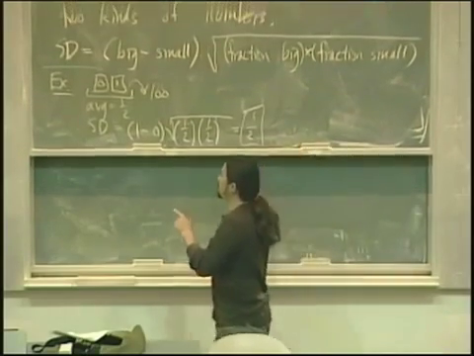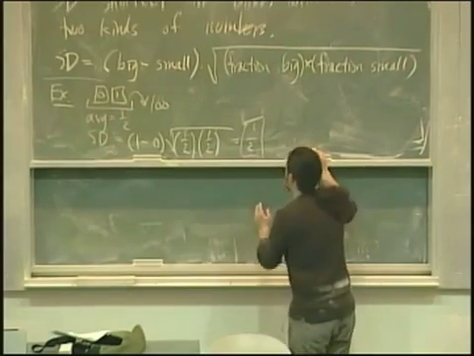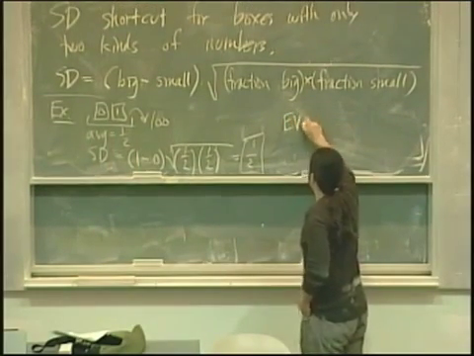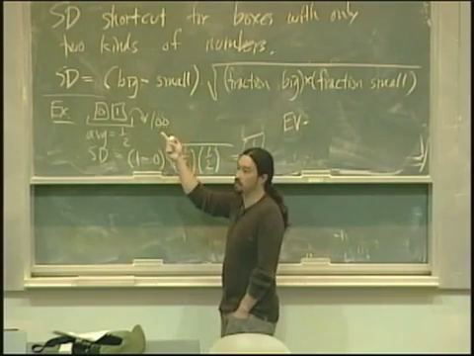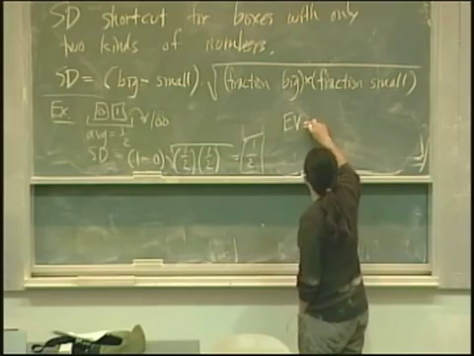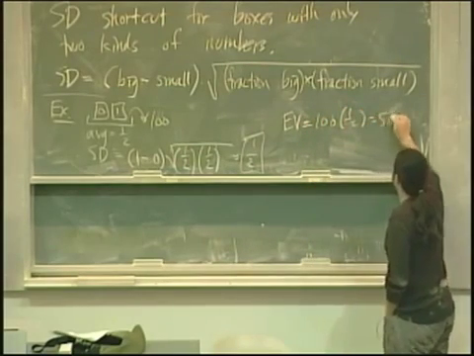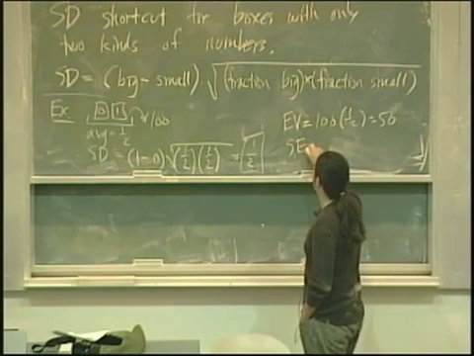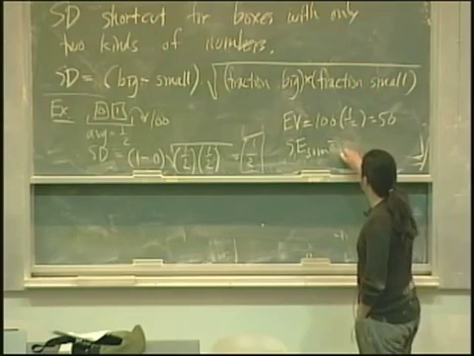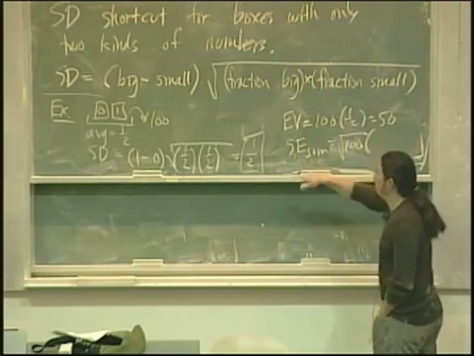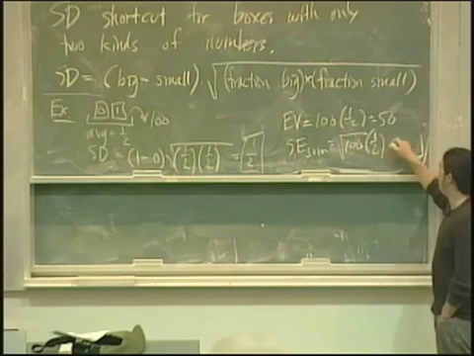The SD here, I'm talking about the SD of the box itself, average of the box, SD of the box. If you want to continue to calculate expected value and standard error, the expected value for the sum of 100 draws from that box, or you could think of it as the expected value of the number of heads, is the number of draws, 100, times the average of the box, 1/2, that's 50. The standard error for the sum of the draws, or SE sum, I sometimes write it, is the square root of the number of draws times the SD of the box, 1/2. Square root of 100 is 10, times a half is 5.